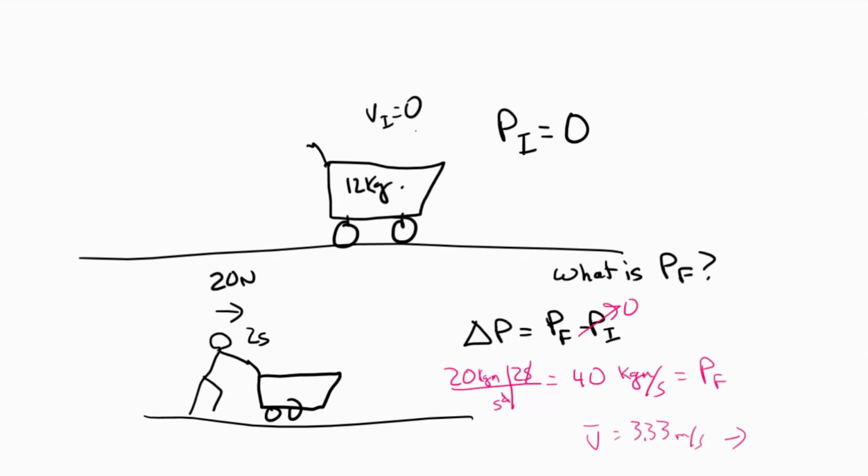So there is one example of changing something's momentum because we're applying a force to it. Let's do one more quick one, and then you have plenty to look at so that you can start doing the problems. Let's say I have a wall. You know what? I'm going to get rid of that because that was an ugly wall. Let's do this slightly different. There we go. I have a wall,